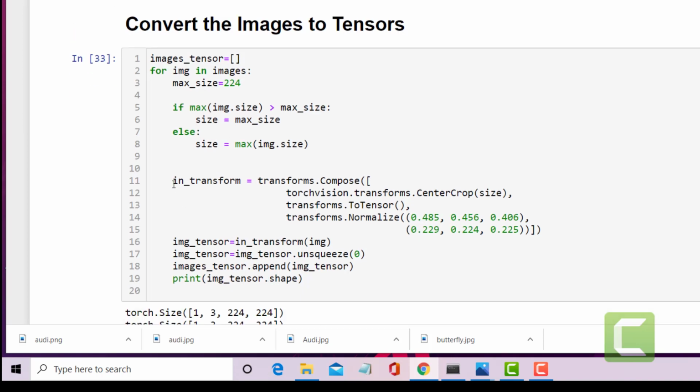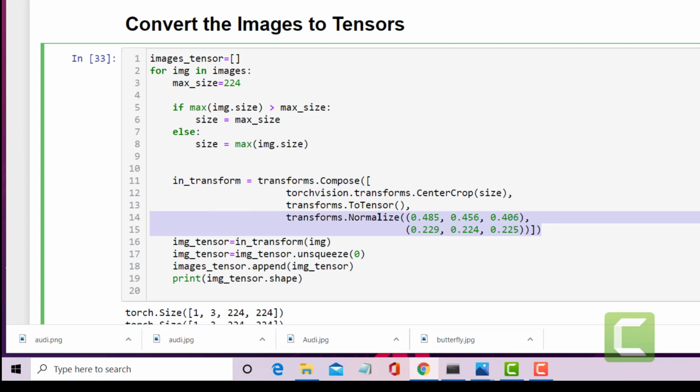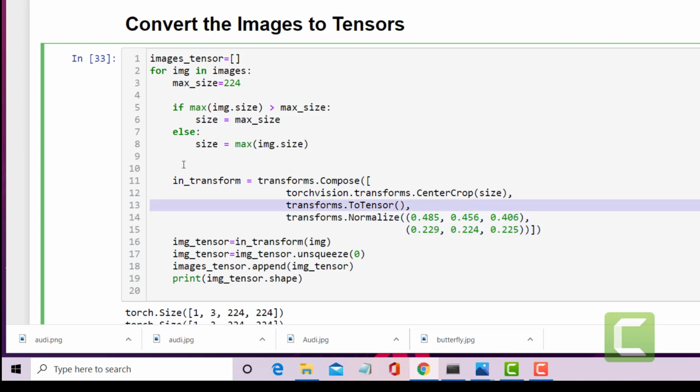So you need to create a transform by composing a transform from PyTorch. Okay, so the composing will have cropping the image, that is making a square dimension of the size. I have put 224 as the size. Okay, then you need to normalize the image. This is a standard call, so you don't need to worry.